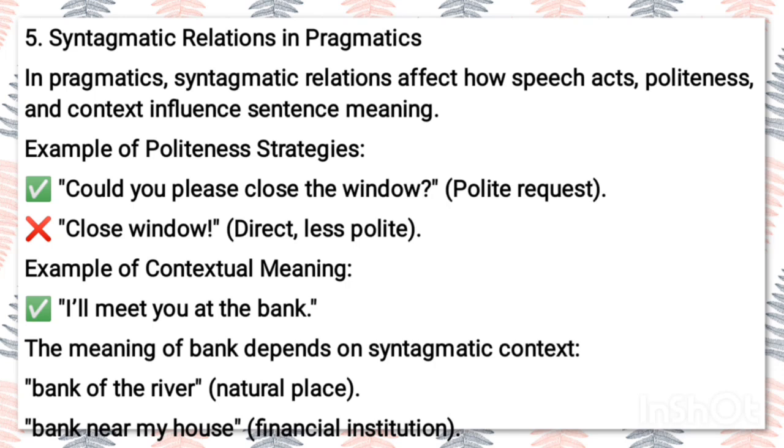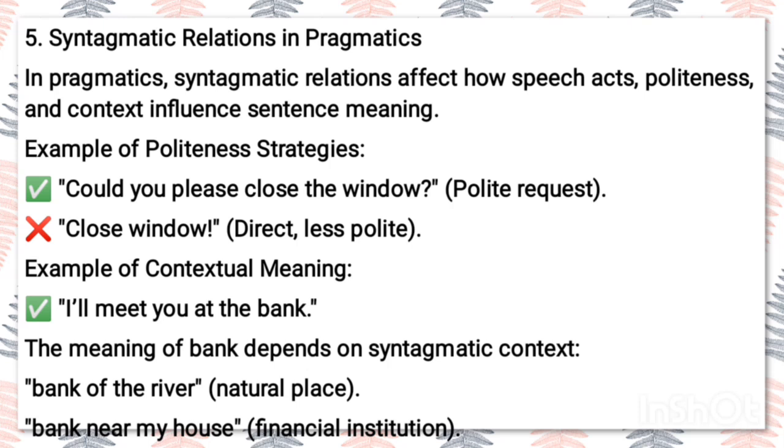In pragmatics, syntagmatic relations affect the meaning of a sentence based on context and politeness. The way words and phrases are sequenced influences how they are interpreted in social situations. Example of politeness strategies: a polite request is could you please close the window. This is a polite request because of the way the words are ordered. The phrase could you please makes it more polite compared to a direct order like close the window, which sounds rude